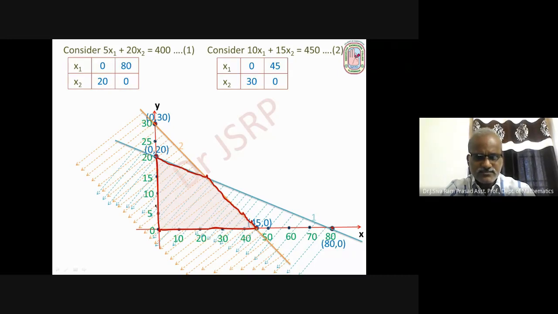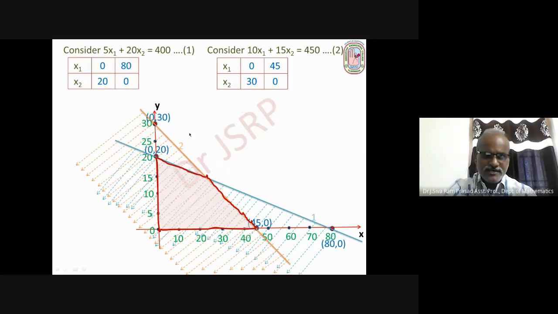Since x1, x2 greater than or equal to 0, the region lies in the first quadrant only. You have to consider the common region in the first quadrant only. So this is the feasible solution region. So shade this region. This is the feasible solution region,